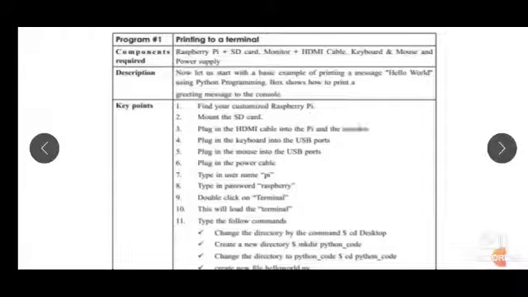Then plug in the HDMI cable into the Pi and the monitor. Then plug in the keyboard, then plug in the mouse and power cable. Then type in username Pi and the password is Raspberry as we have seen earlier. Then double click on the terminal and this will load the terminal where you can write the program.